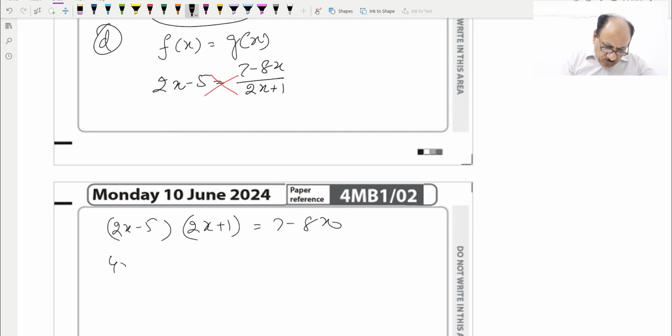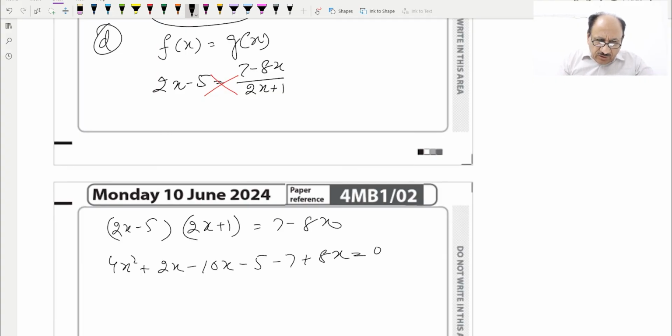So this will be 4x square, 2x into 2x will be 4x square, and then plus 2x, then minus 10x, and minus 5 is equal to, we can shift this as well to this side, and we can write minus 7 plus 8x is equal to 0. And further we can